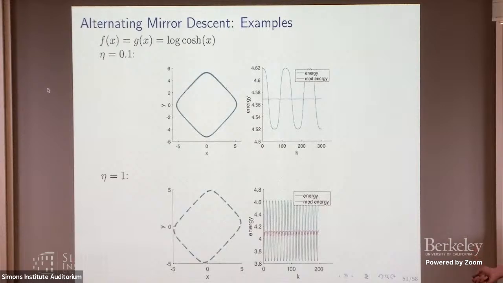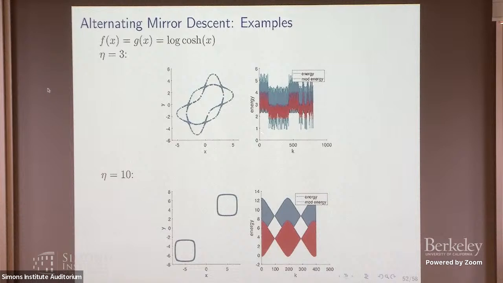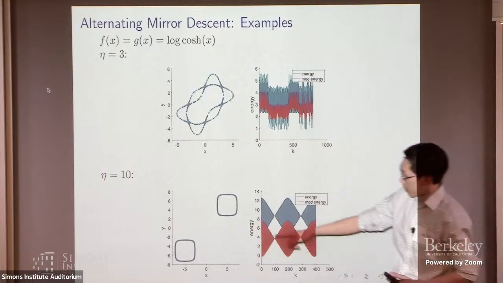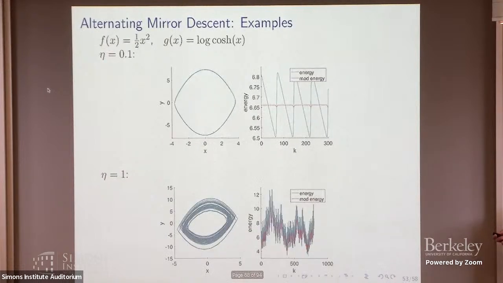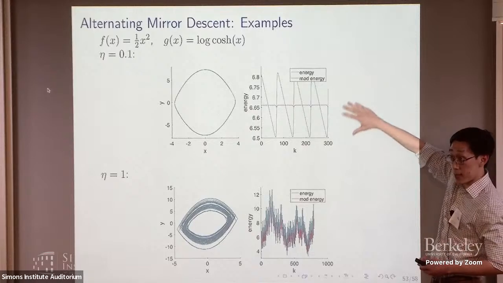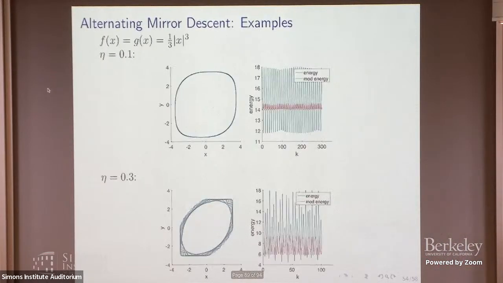And then on the empirical side, this is what we saw before for the log hyperbolic cosine with small step size. If you increase the step size, the trajectory and the energy function become more interesting. If your step size is very, very large, then the trajectories become these two separate things. But now we can also try to combine them: quadratic plus hyperbolic plus log hyperbolic cosine. For small step size, they still look okay. For larger step size, you start seeing instability. But again, we care about the small step size regime. And yeah, you can play around with this cubic function and so on.